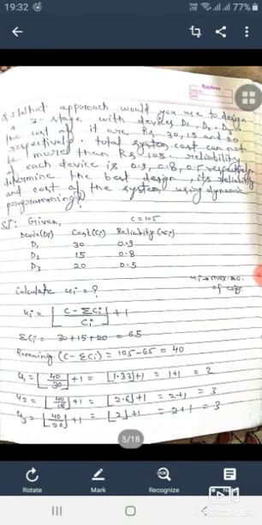Another question is a problem related to reliability design. For such problems we first calculate u_i, that is the maximum number of copies, the floor value of (C minus summation of c_i) divided by c_i, where C is the cost and summation c_i is the sum of all costs. As you can see, 30 plus 15 plus 20, and the remaining C minus summation c_i, it is 105 minus 65, which is equal to 40. So from here we get the values of u1, u2 and u3 for device 1, device 2 and device 3 correspondingly.